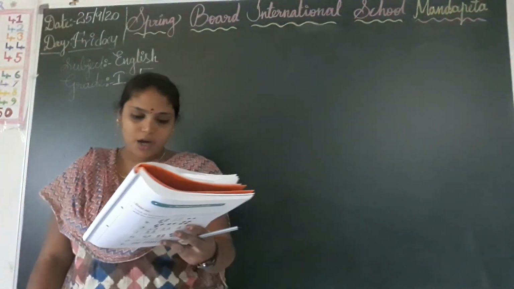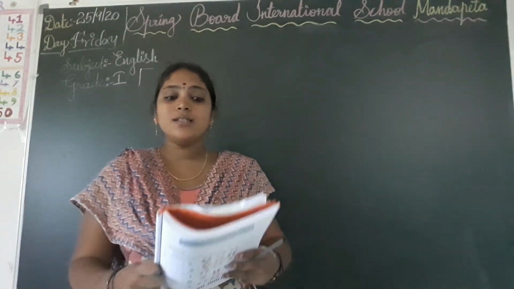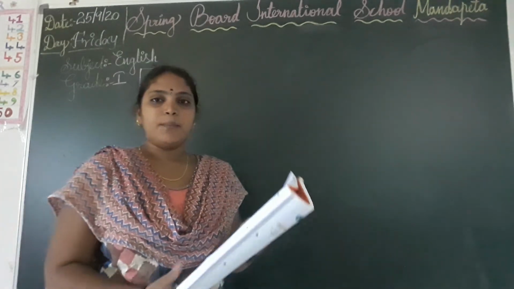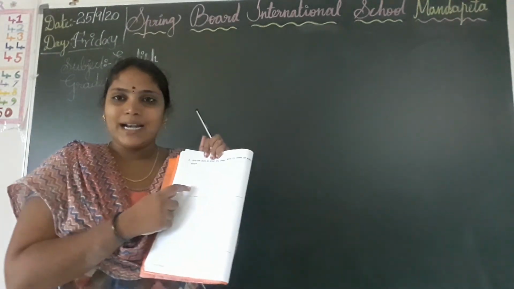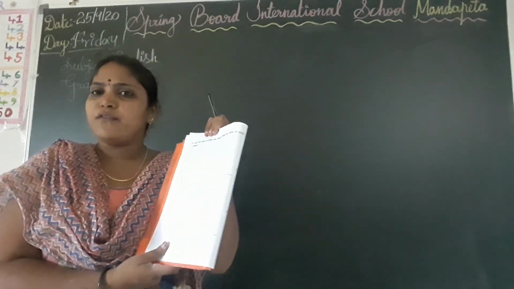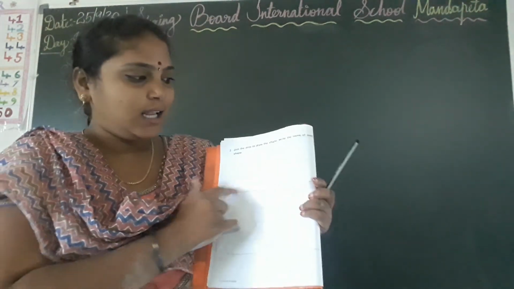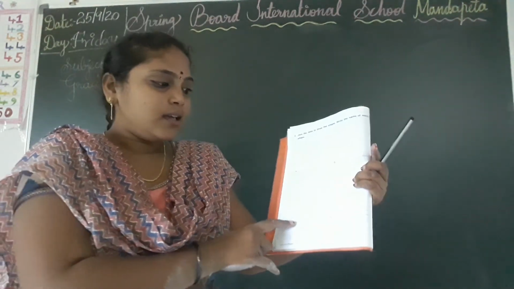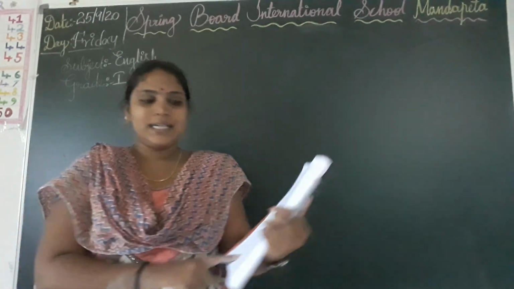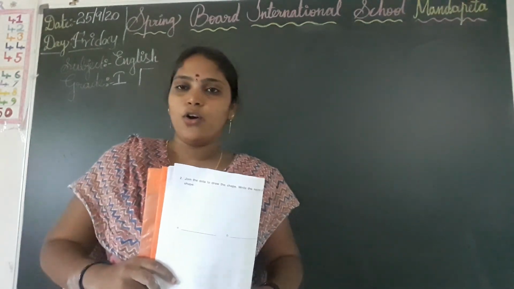Okay children, now everyone open page number 18. Join the dots to draw the shapes. Write the name of each shape. So here the dotted lines are given, you have to join the dots and write the name of the shapes. We know those shapes already. So here this is the circle, and this is the triangle, square and rectangle. So here you have to join the dots and write the names of the shapes. So this is your homework.